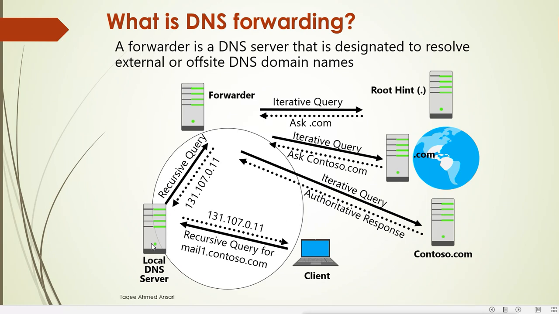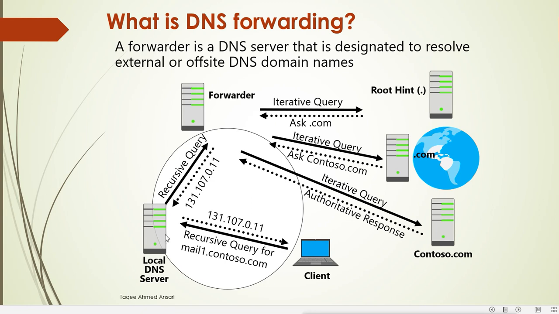So when you want to connect to that domain, your query will go to the DNS server, and the DNS server will check whether it is my domain or not my domain. Then it will check whether I have any forwarders or not. If it has a forwarders record, it will send the query to that. If it does not have a forwarders record, it will go to the root server.